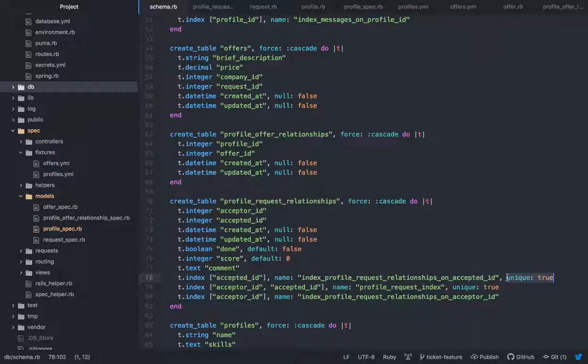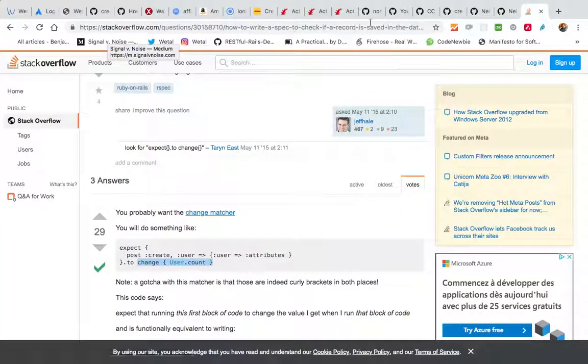Like we should have unique stuff on the offer, basically, and we gotta make sure as well that the profile and the offer combined are unique as well. So let's see how to add. I guess it would be a migration, but